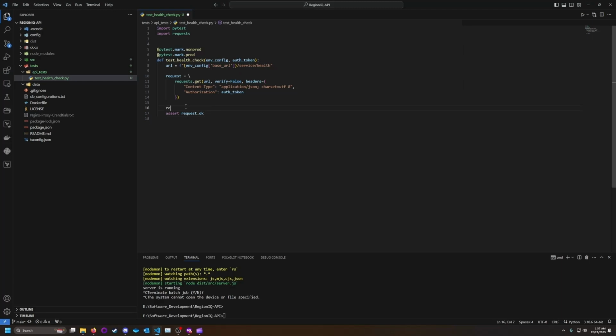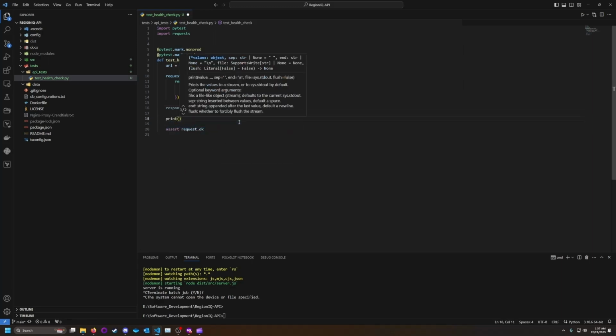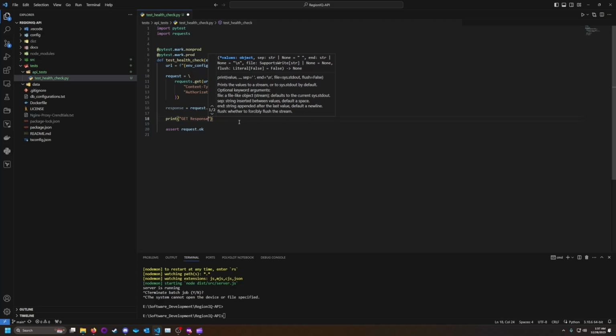So we're going to set our response equal to request dot text. And with that, we're going to go ahead and print. Let's just say get response details